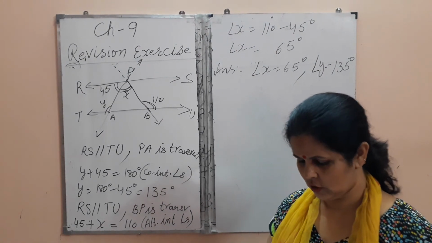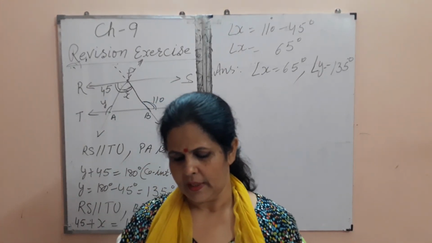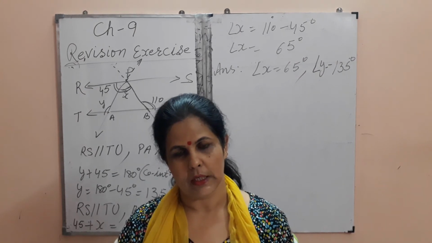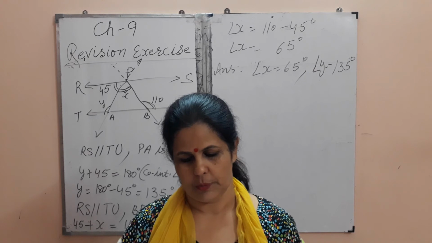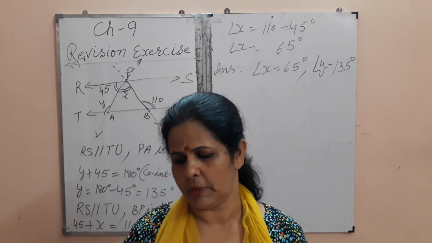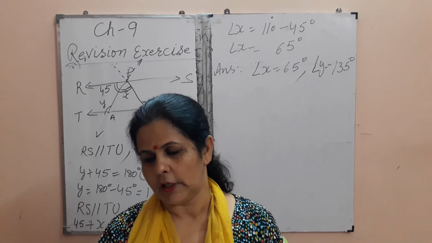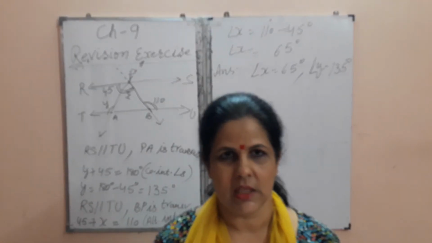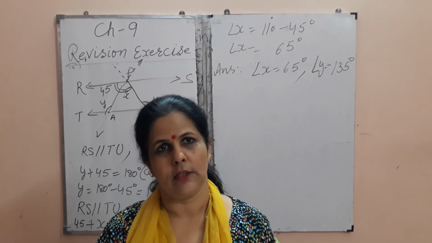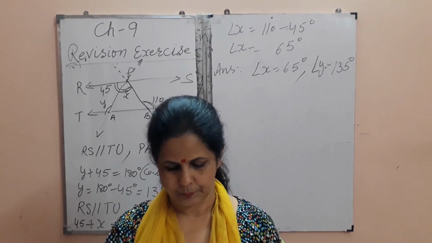Now come to the ninth question. In this also, if L, M and N are parallel and P and Q are also parallel, both transversals are also parallel and all the three lines are also parallel, find the value of this. Also I have explained in question number 10 and 11. Same way you have to do. Whatever lines you are taking parallel, you will mention that, and whatever transversal you are taking, you will mention that also. So try it yourself. If you feel any difficulty, then you can call me. Okay, verbally we will discuss.